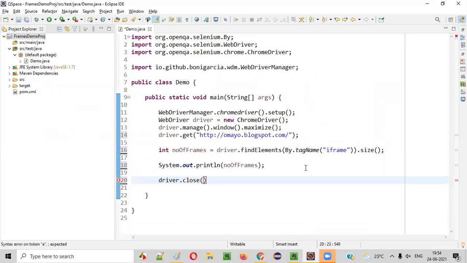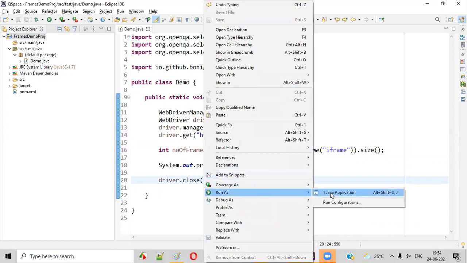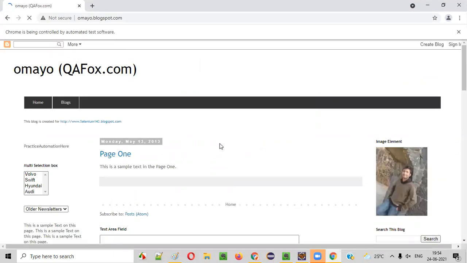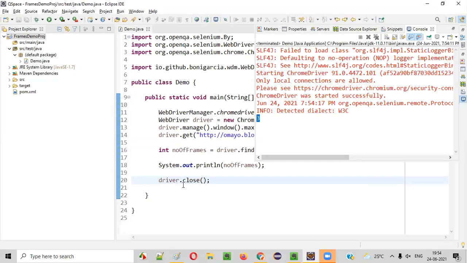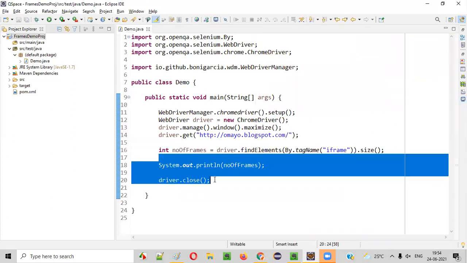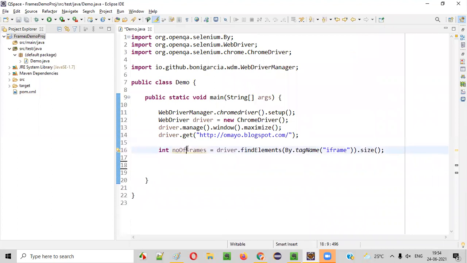Let's run this code and observe that the number 3 should be printed, guys. We already know this because I tried it earlier in the same session, and I showed you already. I'm repeating it again. So here you will get 3 as the output. That means on this particular page there are 3 frames. I'll remove this and store it: numberOfFrames has the number 3.